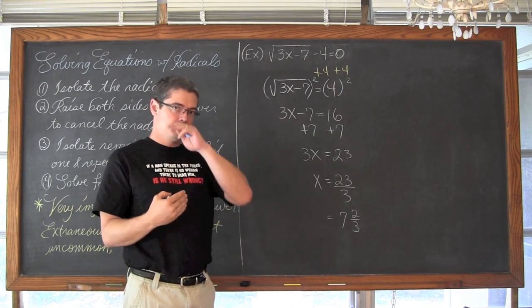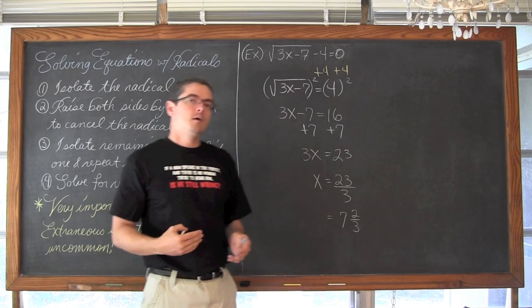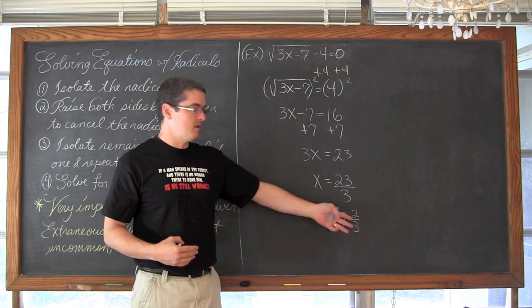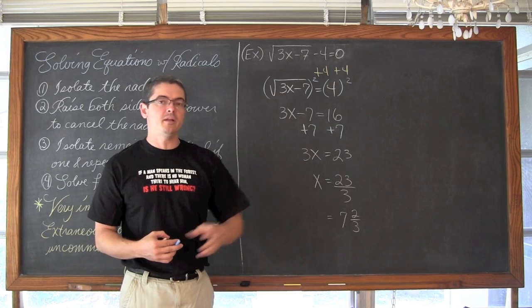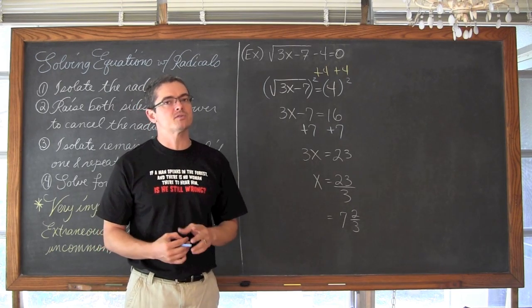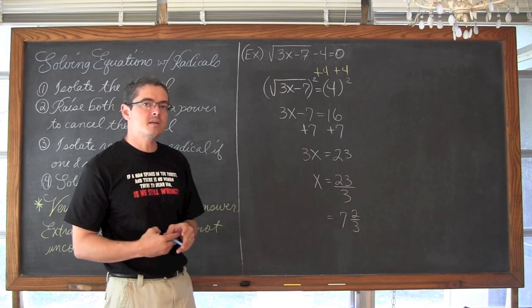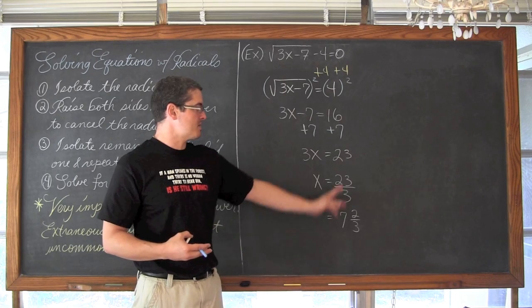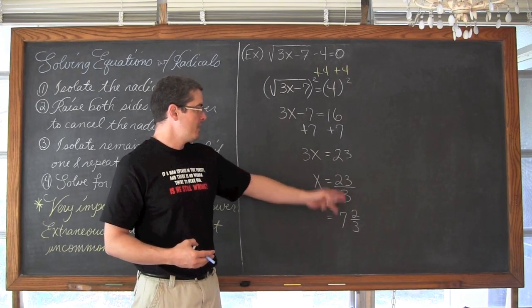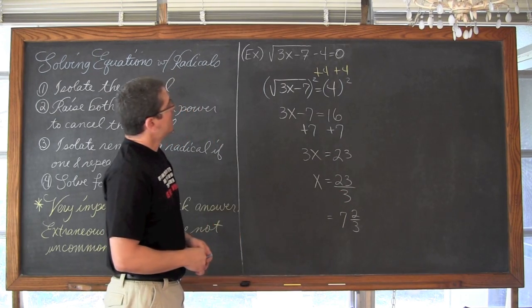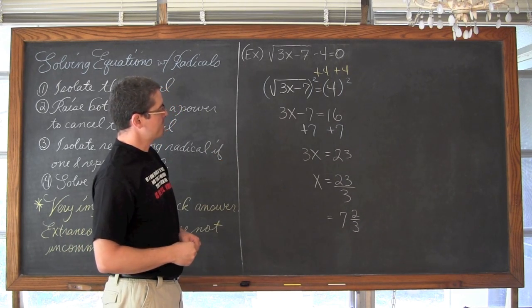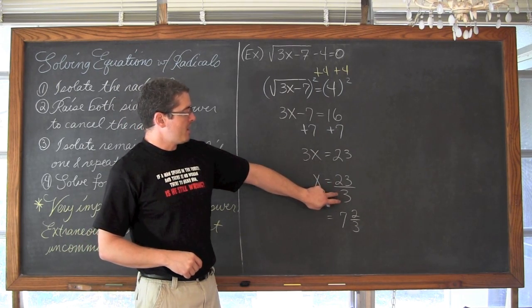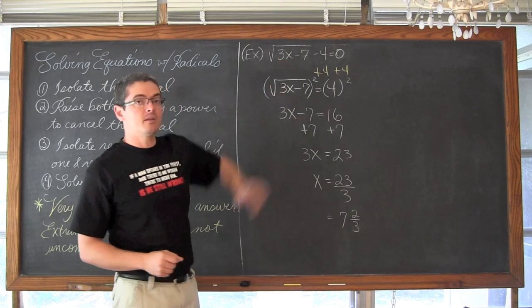And of course, you can write that as 7.67 or 6 repeating, but this is going to be a run-on decimal. So as soon as you write 7 point and you put any kind of decimal form, it's a rounded off answer. So if your teacher is asking for exact value answers, they do want it in fraction form, whether improper or mixed. Just no run-on decimals. As soon as it runs off and you cut it off somewhere, you've rounded it. So we're going to take it in the improper form here and plug it back into the original equation.